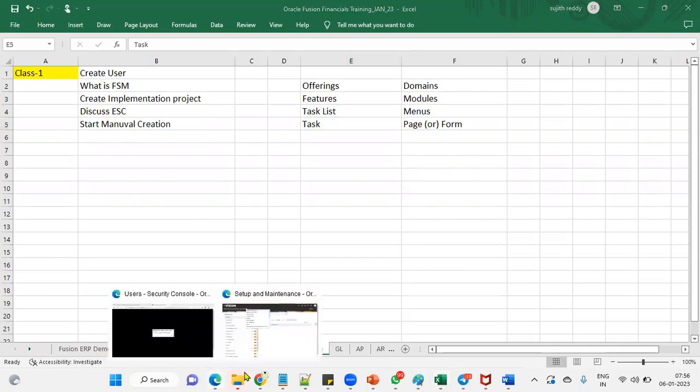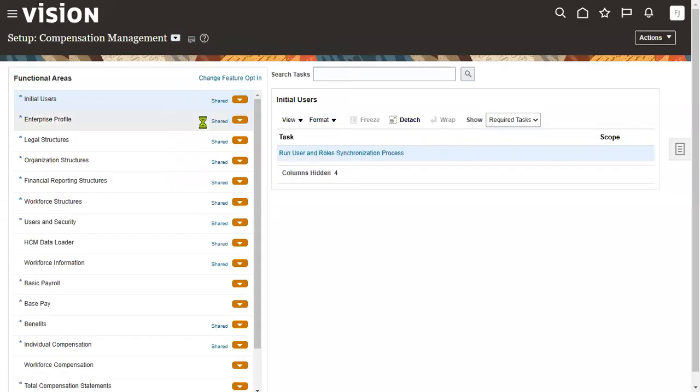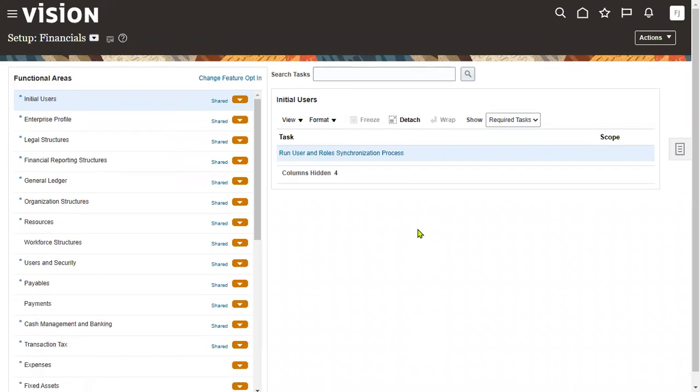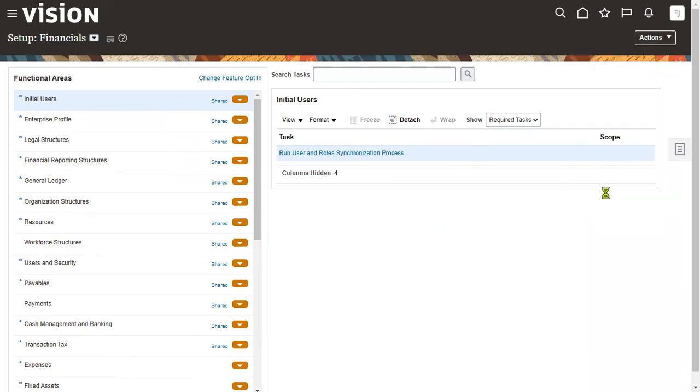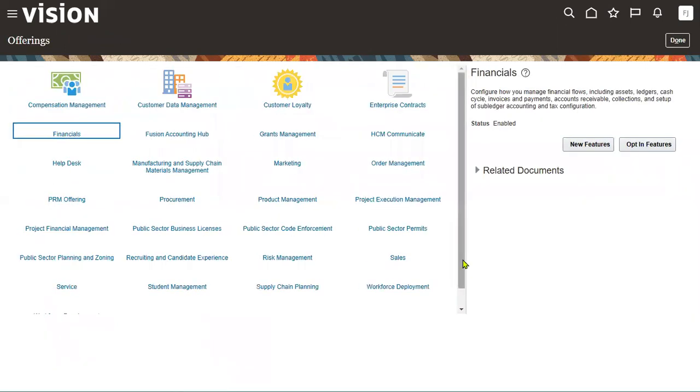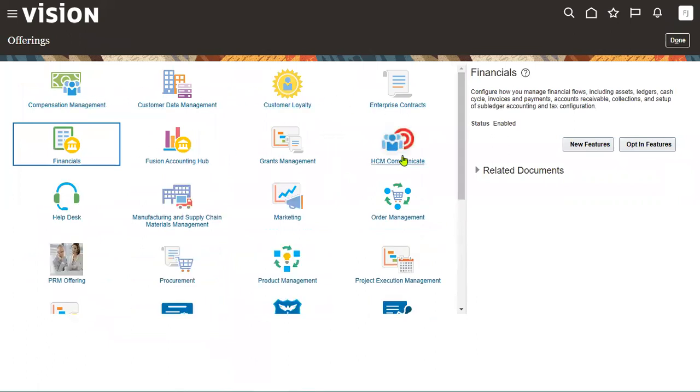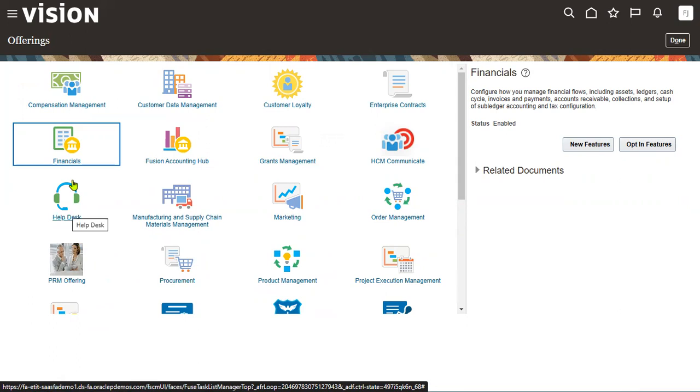Okay. So now when we go for FSM, financials offering here. For example, you joined the project as a consultant. You want to know what offerings your client has enabled. Then what you have to do is go to the Actions menu, go to Offerings. We'll come to know these are the offerings available in Fusion: HCM, communications, order management, marketing, procurement, help desk, financials,